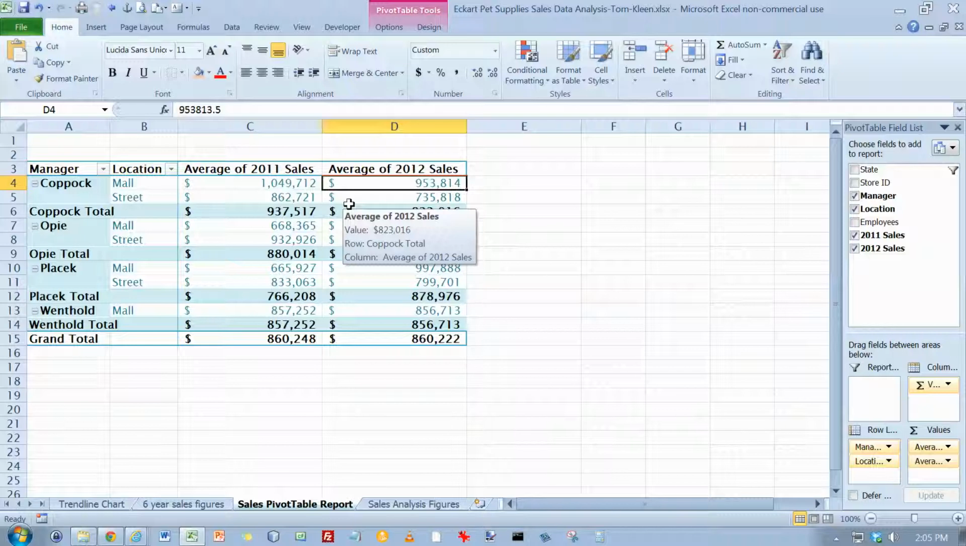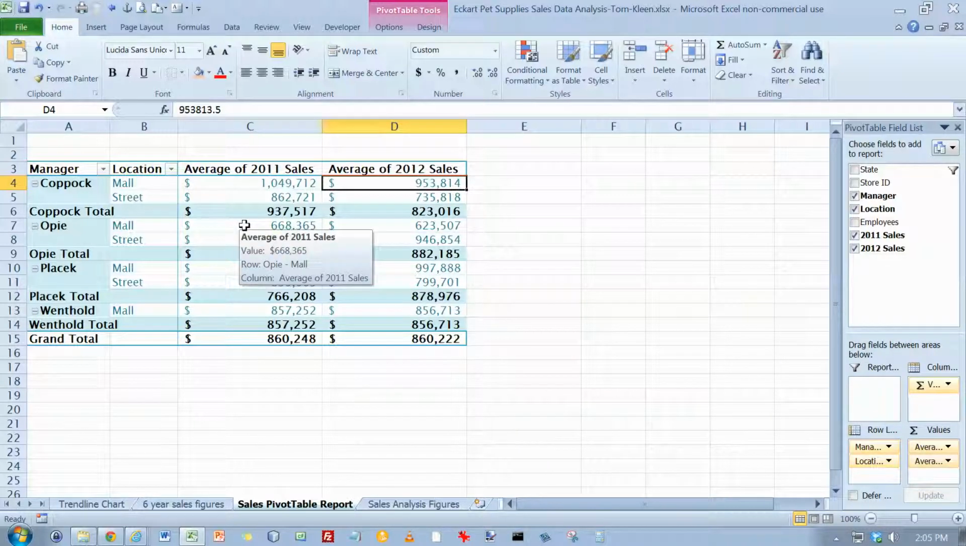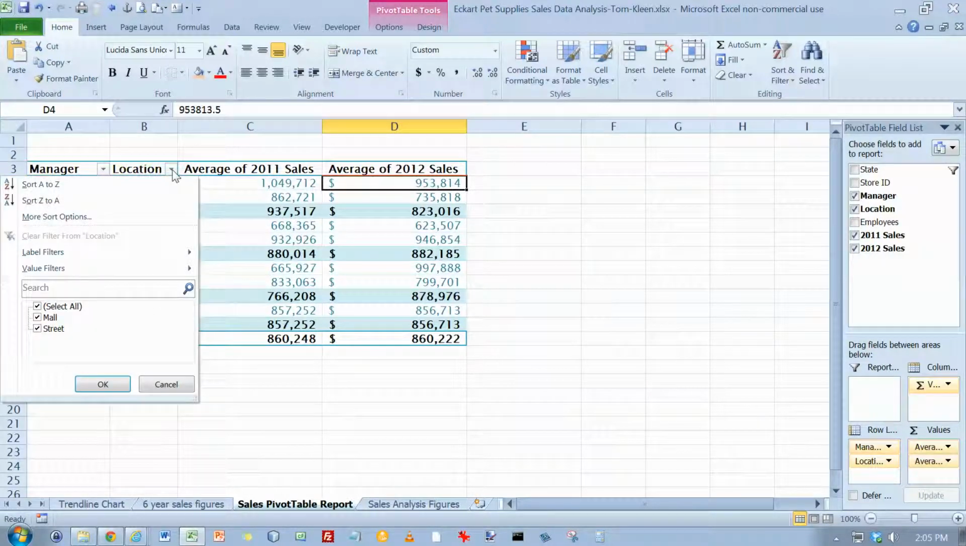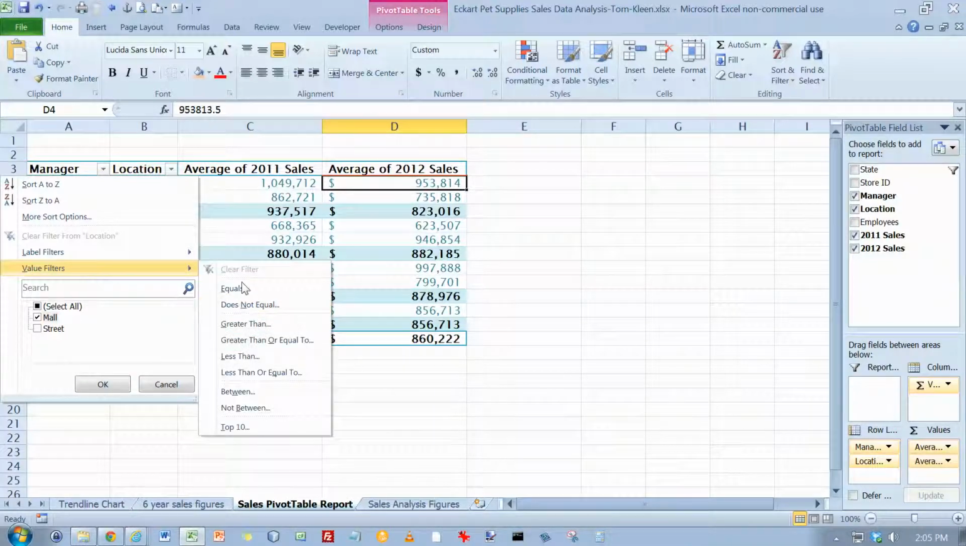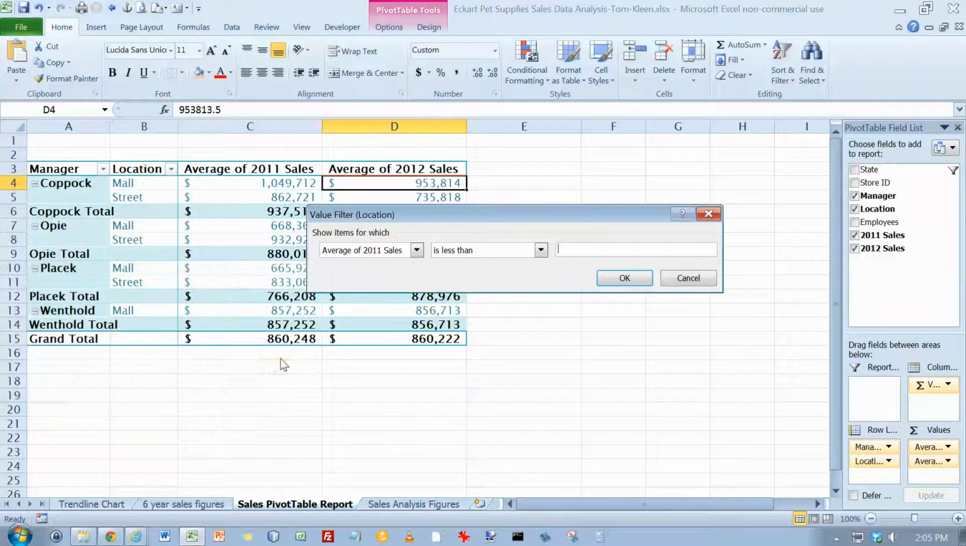Now we're going to do some more filtering. We're flipping over to page 517 for the next part. We want to click the location auto filter button right here, and check the select all box to turn everything off, and then turn mall on, and point to the value filters command, and we want less than, and we want average of 2012 sales,